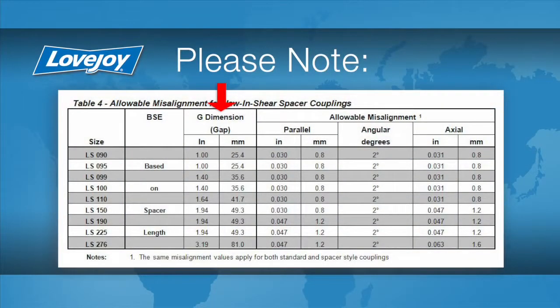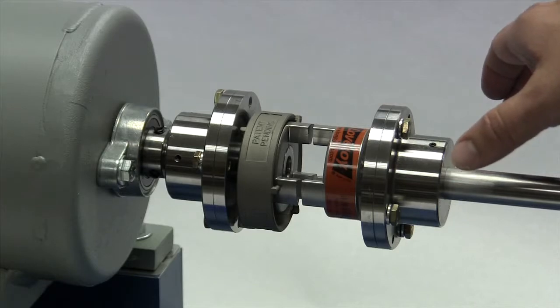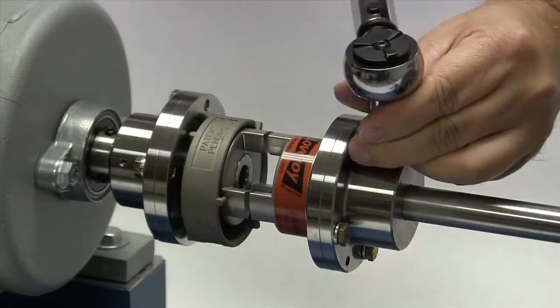Because the equipment should already be in position, it would be easier to move a hub and spacer assembly on the shaft to adjust for any minor discrepancy in the gap. This should be done on the side that has not yet been tightened down with a torque wrench. Once the gap dimension has been confirmed, use the torque wrench and tighten the set screws on the second shaft